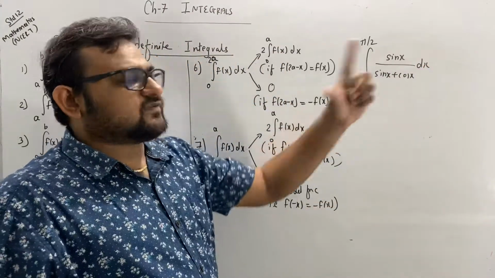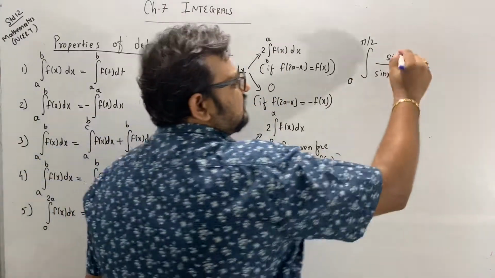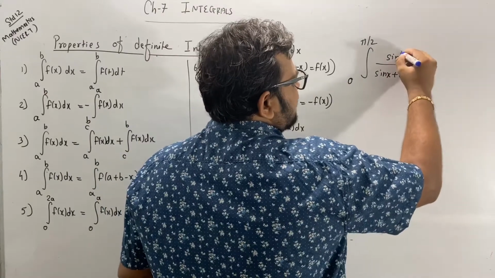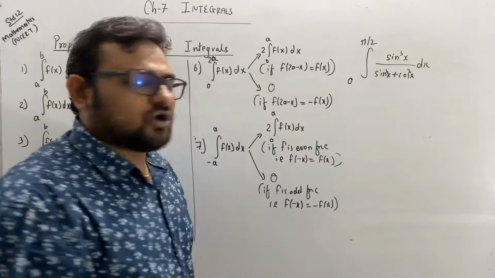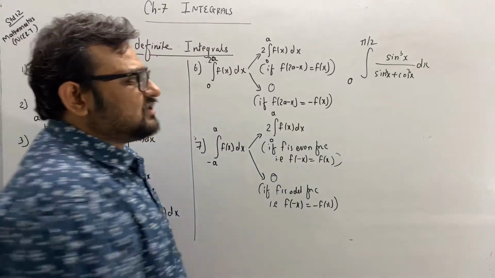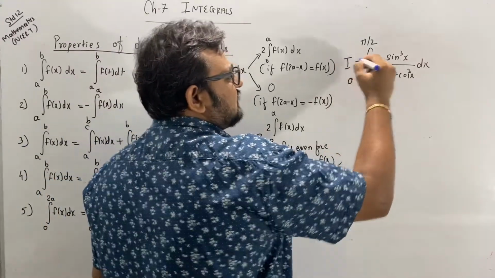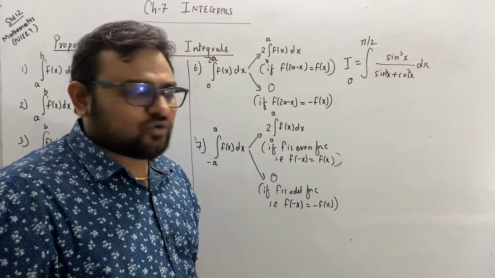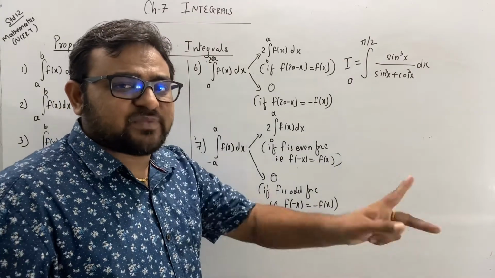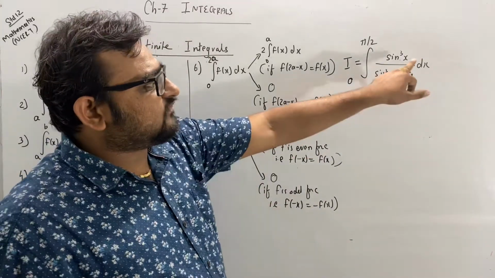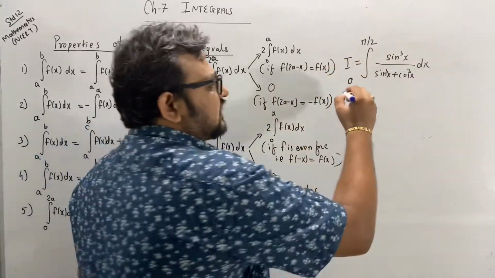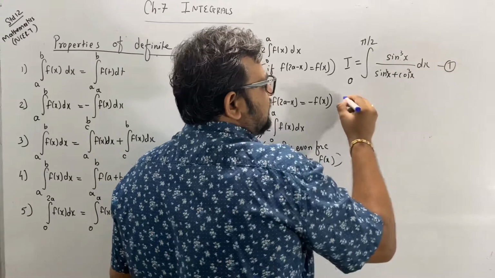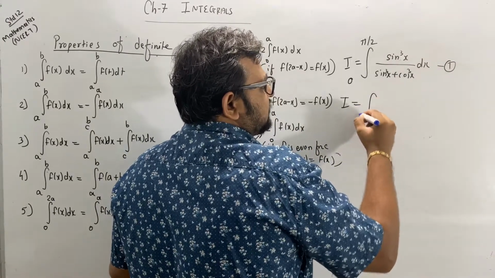So if this type of sum is given, let's take any power, say sin cube x upon sin cube x plus cos cube x. Okay, so let's take this as I. Now what is the property a plus b minus x? So instead of x, I will use 0 plus pi by 2 minus x. So I can also write, let's name it as 1, 0 to pi by 2